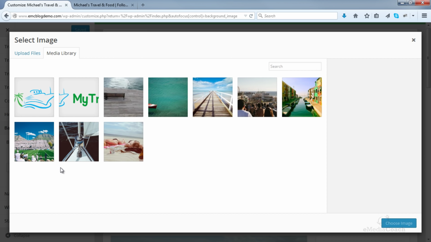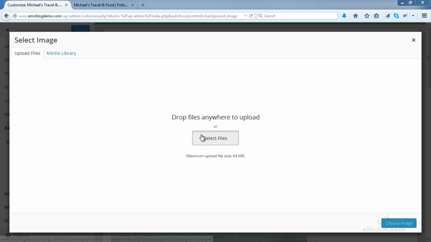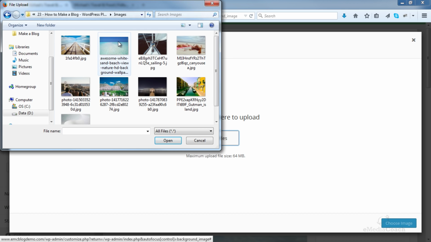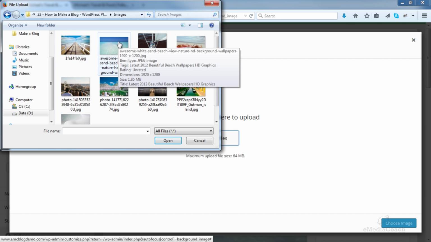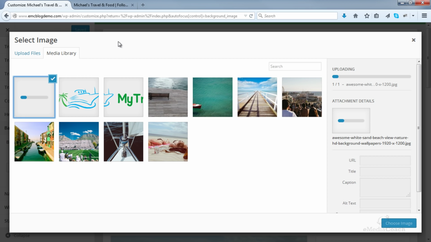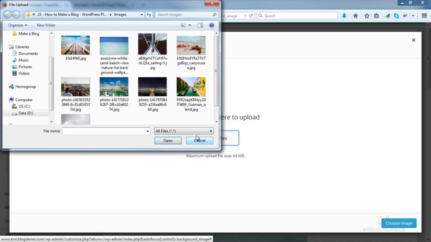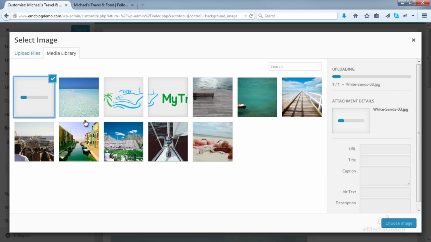Or you can select your own image to use as a background. So I'm going to go and select one that I have on my computer. And I'll upload this one as well.